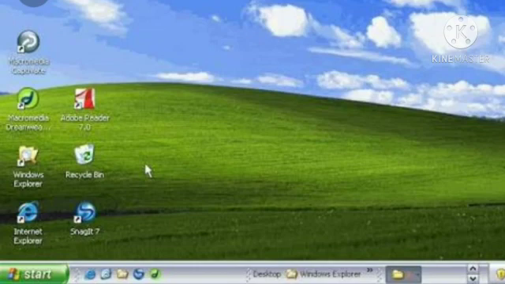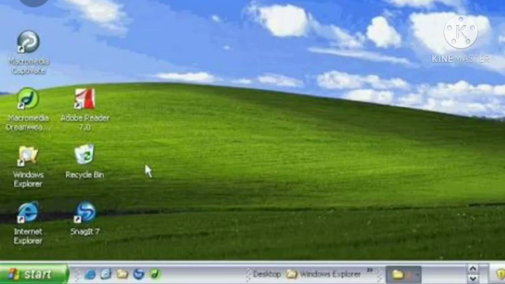The taskbar is a long horizontal bar present at the bottom of the desktop screen. The start button is present on the taskbar. All the activities that we have started can be seen on the taskbar.